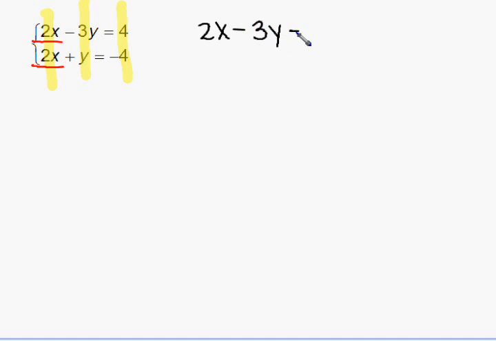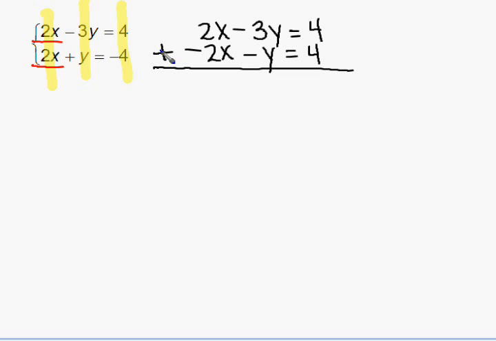But we could easily make them opposites by maintaining the first equation and taking the opposite of every term in the second equation. So the 2x becomes a negative 2x, the positive y becomes a negative y, and the negative 4 becomes a positive 4. So now that we have created opposites on our variable x, we should solve this by using elimination